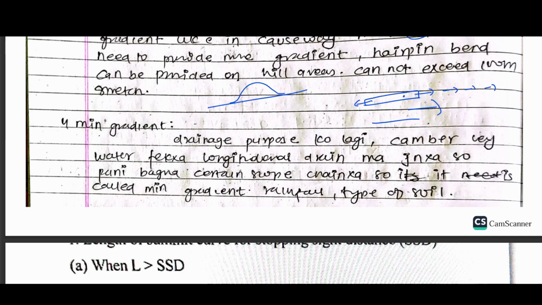That's why the road should be provided with a minimum gradient, such that the drainage purpose can also be fulfilled. The drainage can move towards the downstream, and it can go and mix in the water. That is known as the minimum gradient. Okay,